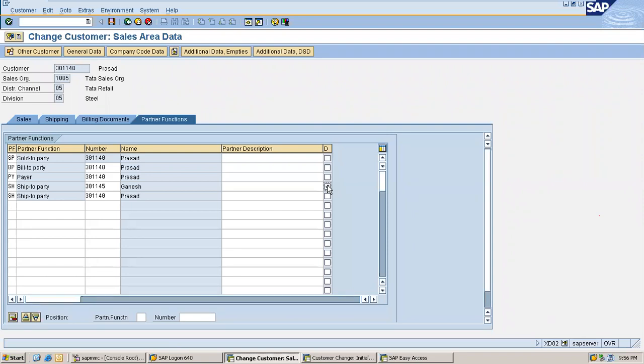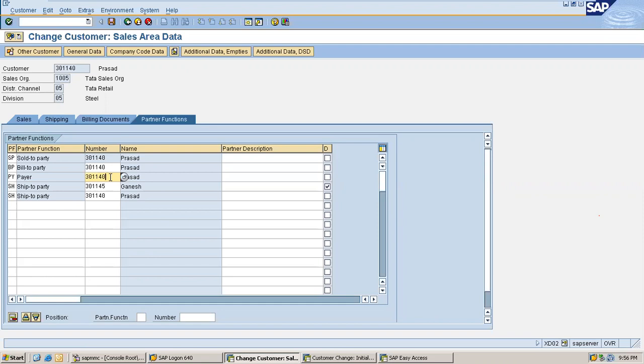This is the introduction of partner functions in SAP SD, sales and distribution, particularly. Okay, so the question you were supposed to ask is why the system is not generating numbers continuously. The last customer was 40 and now it is 45. Why is it 45? There is a gap of 4 numbers.